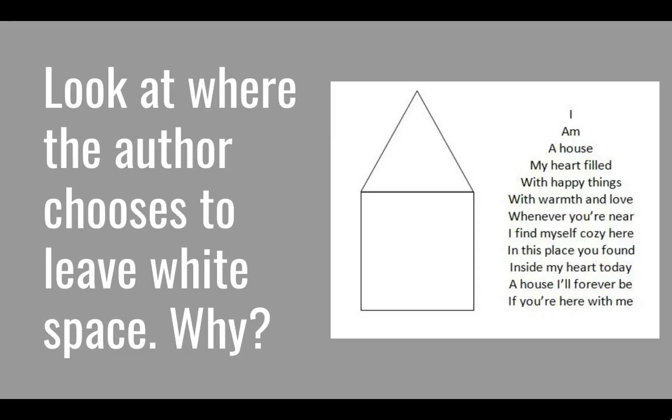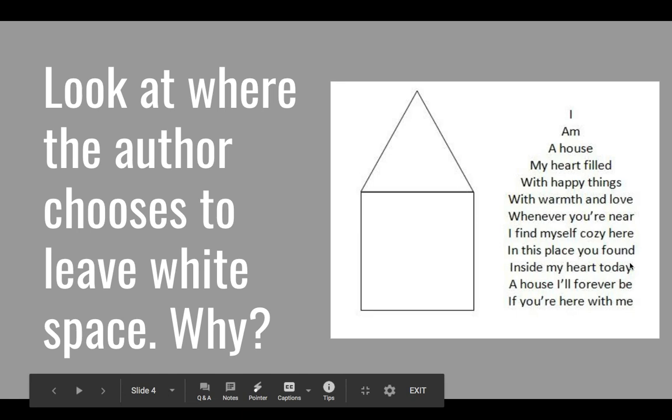Let's look at this house poem. Look at where the author chooses to leave white space, and why do they do that? I am a house, my heart filled with happy things, with warmth and love whenever you're near. I find myself cozy here in this place you found, inside my heart today, a house I'll forever be if you're here with me. Now, notice this poem is about a house and it's in the shape of a house,